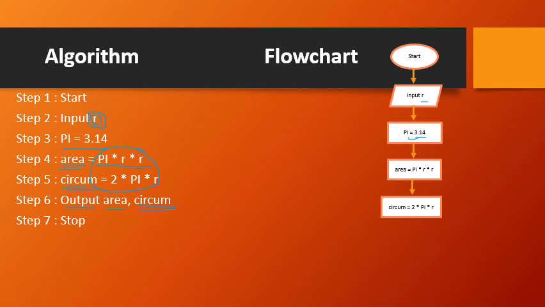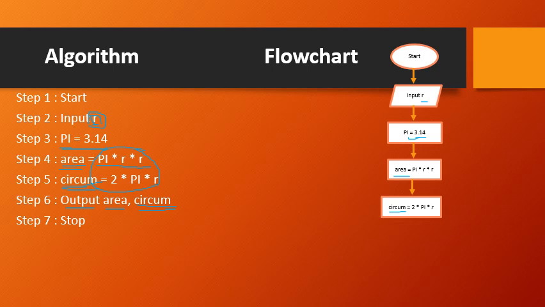So we are just trying to convert it into a flowchart. So try to use the same terms which we use in the algorithm. And here I am using pi in capital letters, then the same pi has to be used here. For storing the area I am using area, the same area I have to use here. And even for the circumference I am using circum, the same I have to use in the flowchart, right? I should not use different words or letters here, okay?